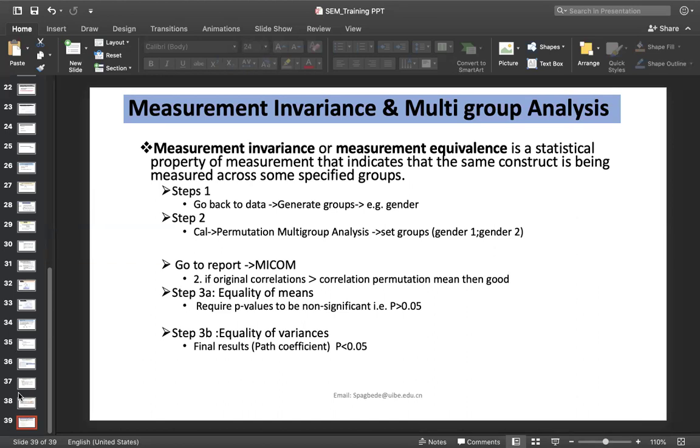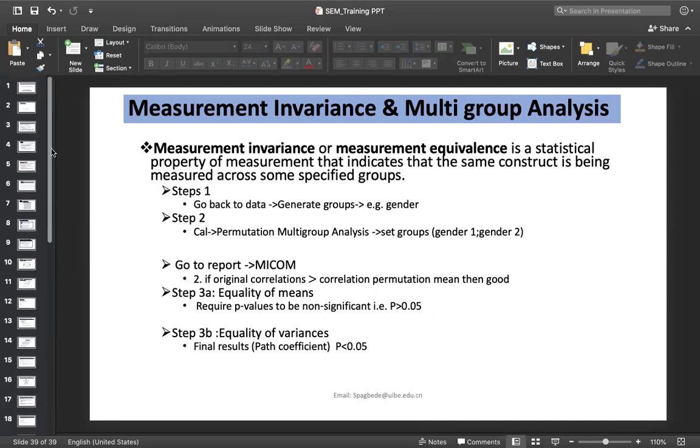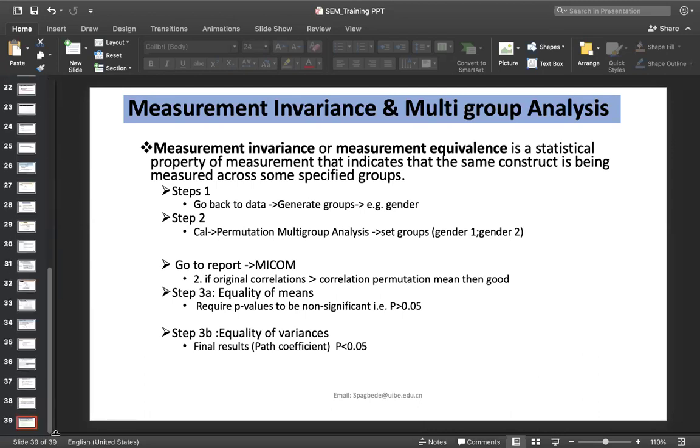So I think this will be the end of the training program, and I do want to add that what we've covered so far can be considered an introduction to structural equation modeling. We've only covered the partial least squares model. We didn't even touch the CB model.